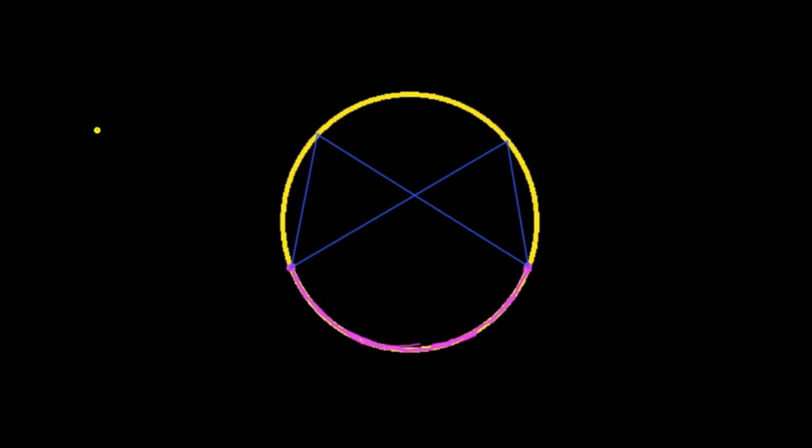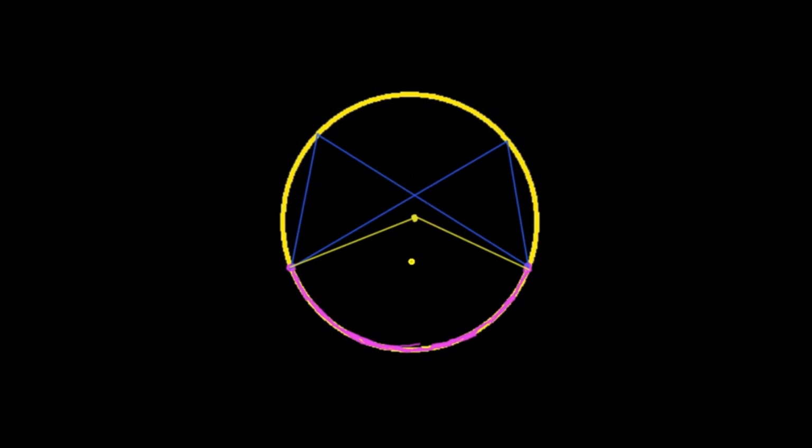What I'm going to do now is find the center of the circle. So that's the center of the circle, and I will connect a line from this end of the segment to the center of the circle, and the same thing here to this side. These two lines connect the center of the circle to the circumference, so they are the radius. And the blue lines are the chords because they don't go through the center of the circle. They're the chords in this circle.